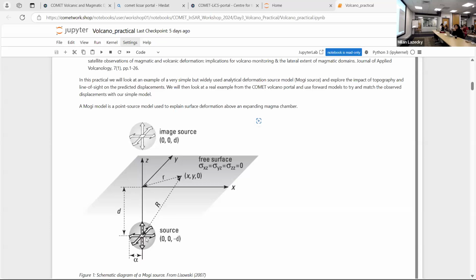And yeah, you can convert the change in volume to the change in pressure if you want. But I guess it depends on the properties of the magma that you want.